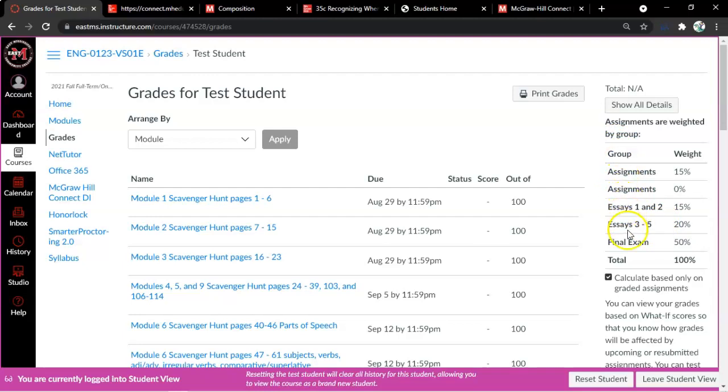But these are the assignments group weights. Oh, and this will disappear too. Sorry about that. So 30, 40, 50, yeah, 100. So you can see that the final exam is 50% of your grade. Now this accomplishes a couple of things. Let's say you were riding around on a D. You can make a really good grade on the final exam and still come out pretty good in the class,